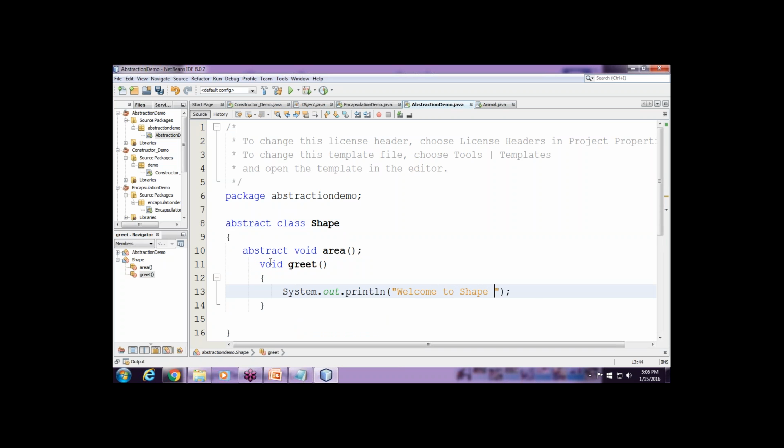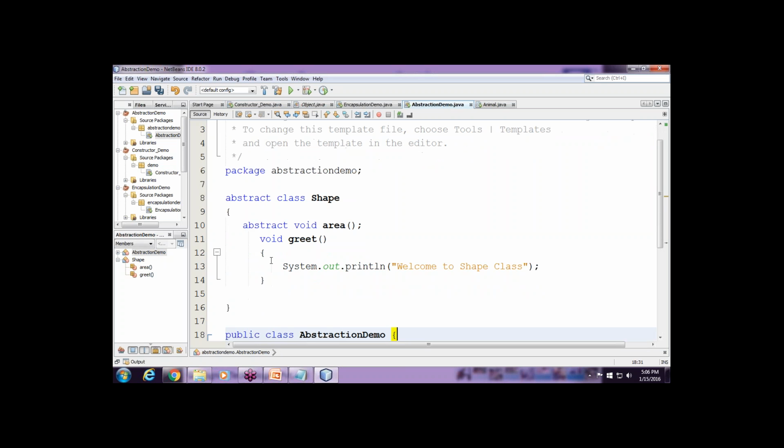Welcome to shape class. Here you can see I have an abstract method, which is simply a declaration method, and I also have a declared implemented method, that means the full complete implementation method. That means your abstract class has